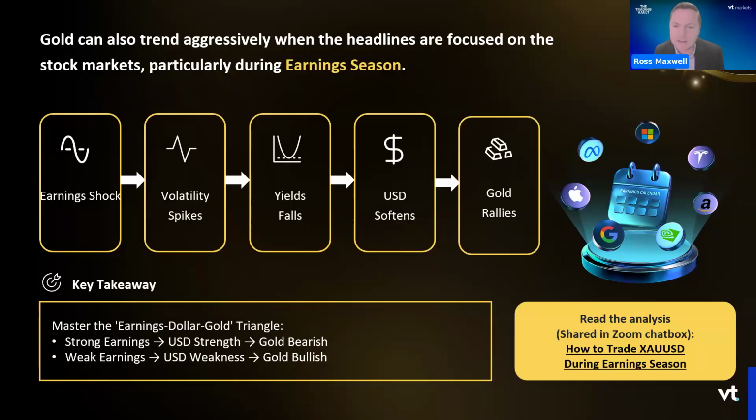So for you, I guess the takeaway is don't look at gold in isolation. It's not just about the simple supply and demand or what a single government does. Gold is part of the whole financial system, and any impact in any part of the financial system generally comes back to impact gold, maybe even more so than other asset classes. Especially look out for stocks: when the earnings are strong, the US dollar might strengthen and therefore gold might be slightly bearish, and vice versa. So keep an eye on the S&P 500 to gold ratio. That's another little trick to keep an eye on.